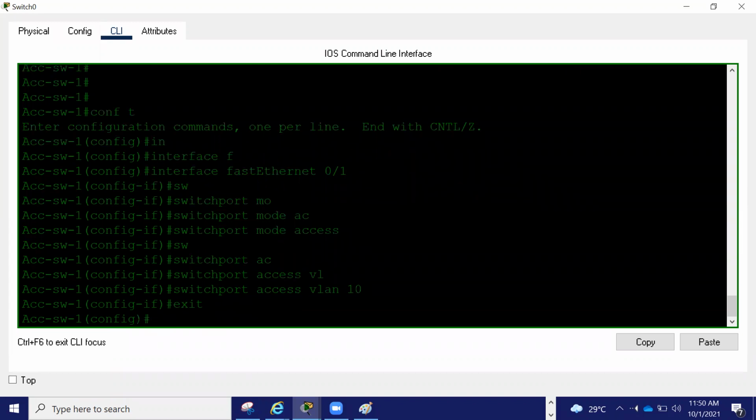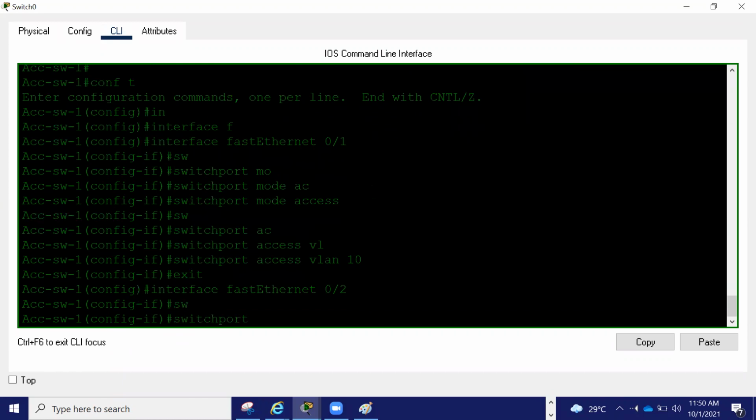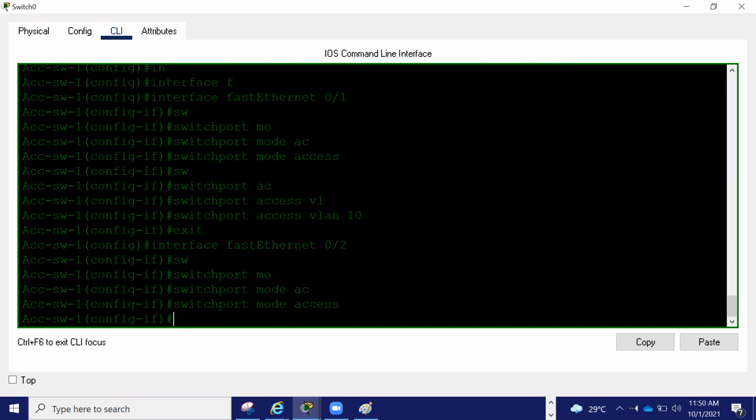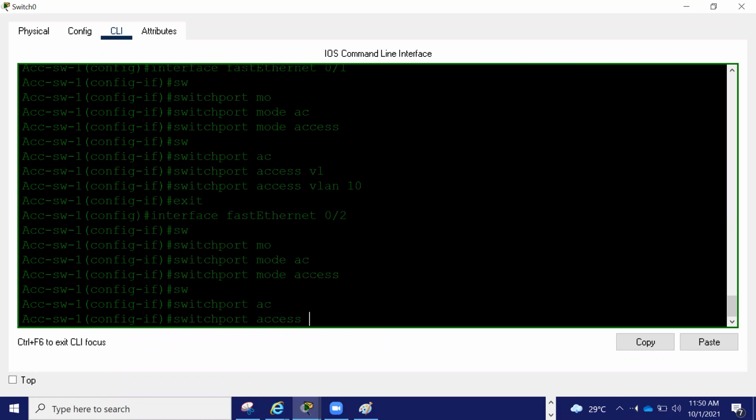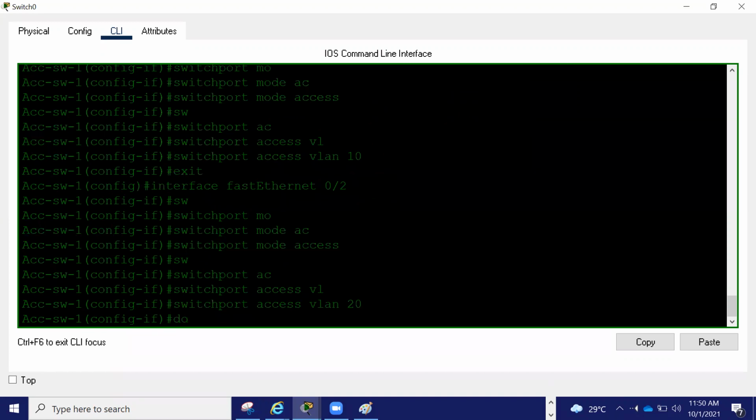All these labs, like VTP, we are doing in one lab only. Then interface 2, switchport mode access, switchport access VLAN 20. Do show history.